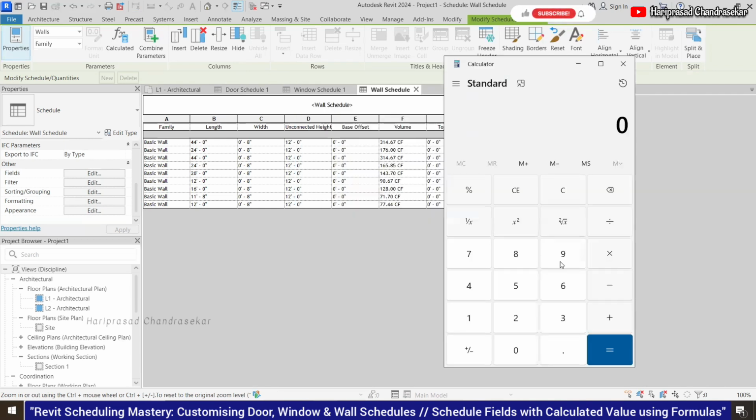If it is a 9 inch brick, 9 into 4.5 inches into 3 inches. So 121.5 is the CFT. That is in inches, 121.5 cubic inches. Then how can you convert that?